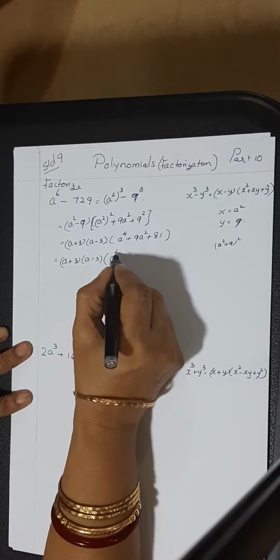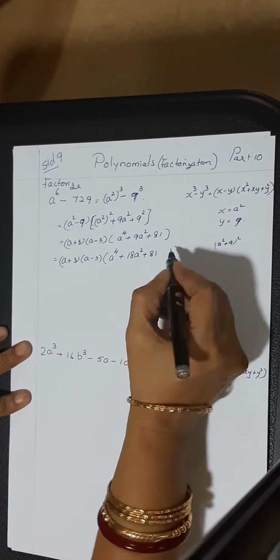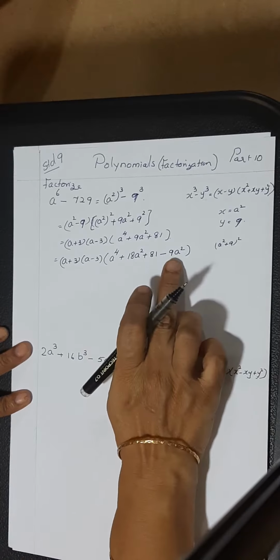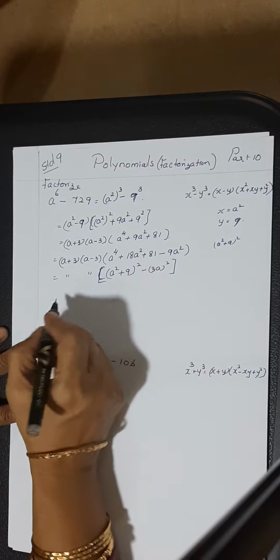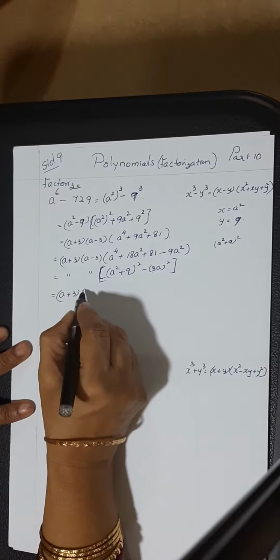Now this can be written as a to the power of 4 plus 18a squared plus 81. So I will subtract that 9a squared. So 18a squared minus 9a squared will become 9a squared. Now this can be written as a squared plus 9 the whole squared minus 3a the whole squared. So again this is in the format of x squared minus y squared. So again factorizing, a plus 3 into a minus 3,